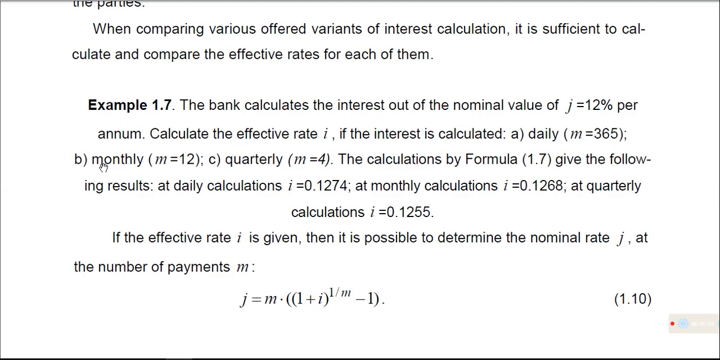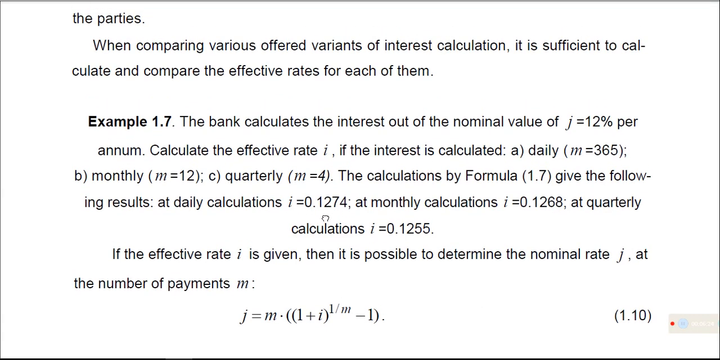Pangalawa, nagko-compound yung interest niya monthly. So, we have M, which is equal to 12. Pangatlong case, nagko-compound yung interest niya quarterly. We have M is equal to 4. And the calculation by formula 1.7 gives the following results at daily calculation. So, ang interest natin pagka daily is